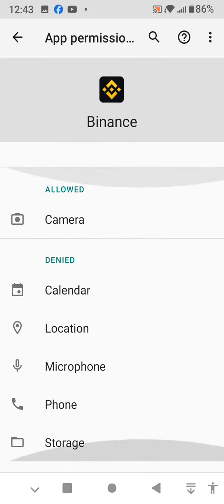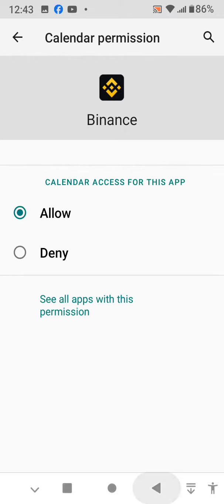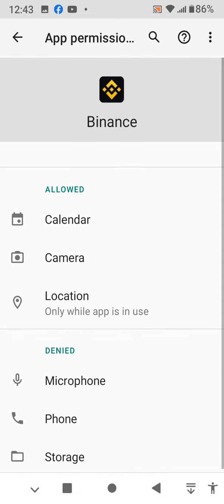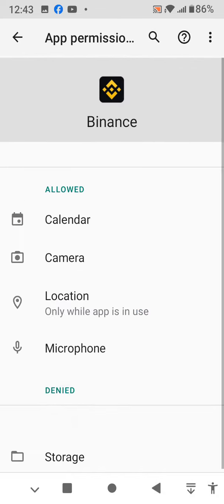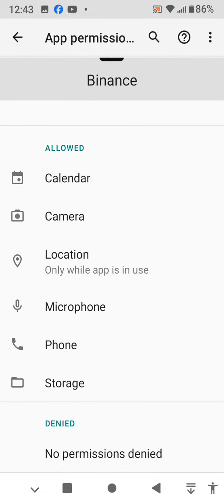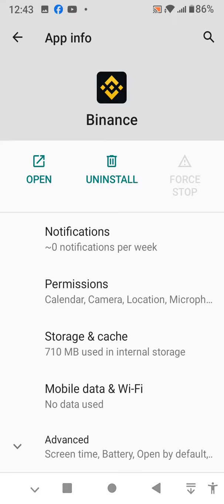Make sure you allow every permission over here. So you have to just allow the camera, calendar, and also you have to allow location, microphone, and phone. You also allow storage. After allowing everything, just go back. Then you have to